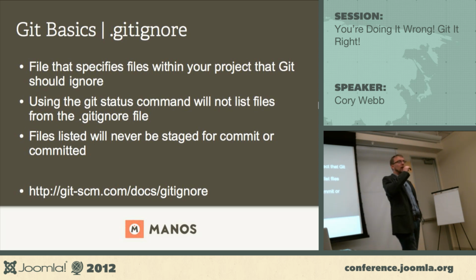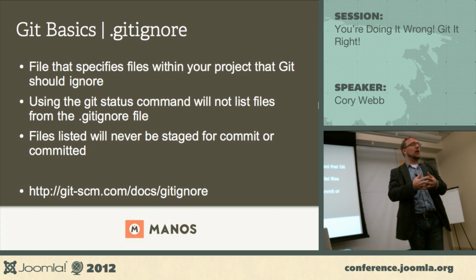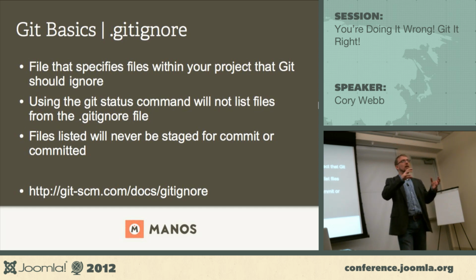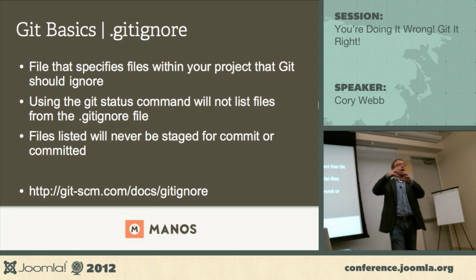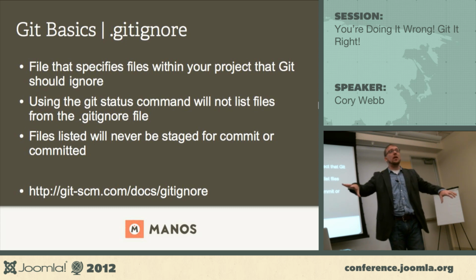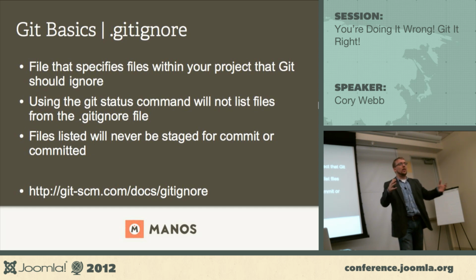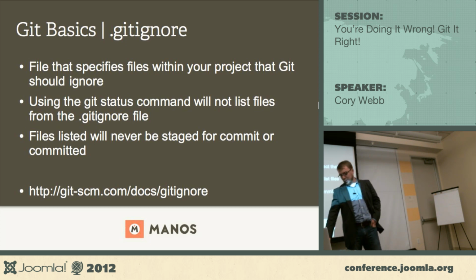Another thing, there's actually a huge Joomla gitignore file out there. If you're building a Joomla component, for example, and all you're focused on in your project is the component, you still have to have a copy of Joomla that you're working in for testing it, right? So you do a git init on your whole Joomla install, but then the gitignore file tells Git to ignore everything except the component you're working on. It's perfect, right? You can test it within the Joomla environment, but Git's not tracking it, so you don't have to worry about that. All Git is focused on is the changes within the component you're working on. So that's another use for the gitignore.